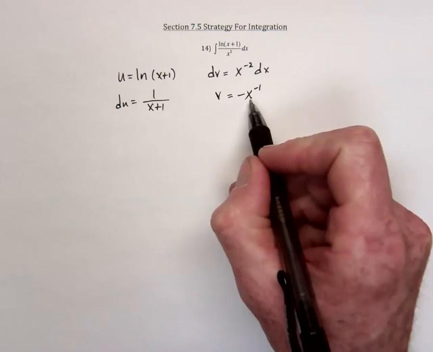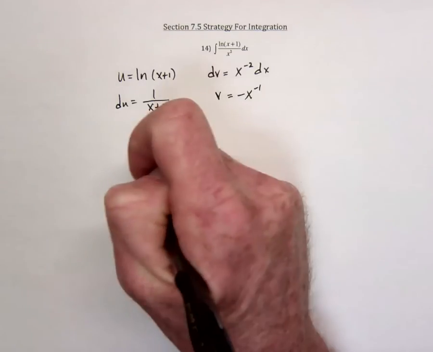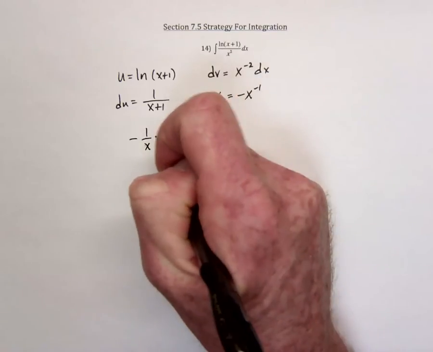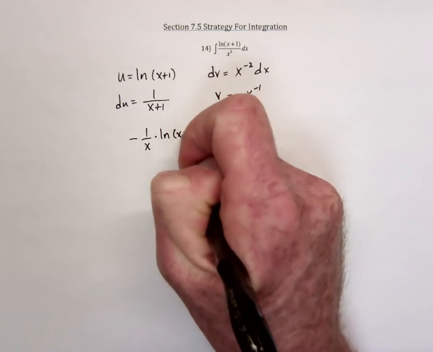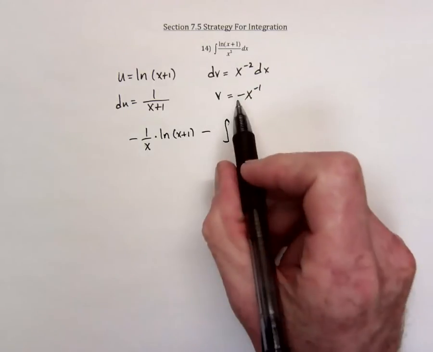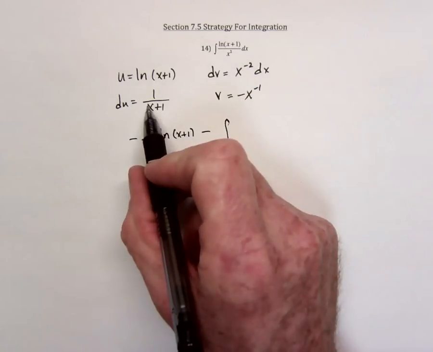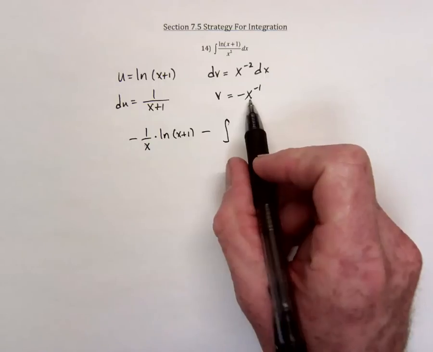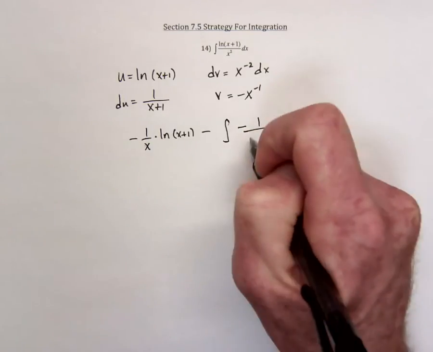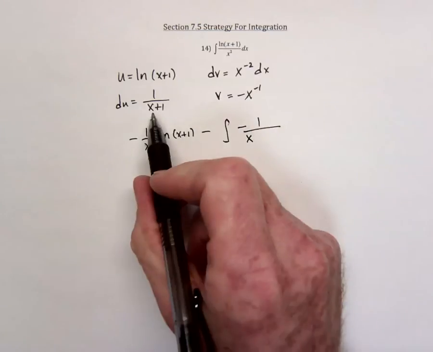So this, I'm going to rewrite it as 1 over x times the u, natural log of x plus 1, and then minus the integral of the v times the du, and again rewrite this as 1 over x, and then times this,